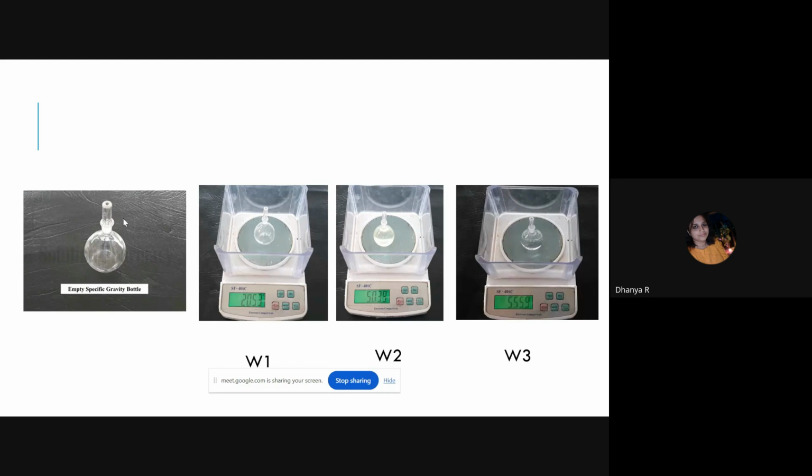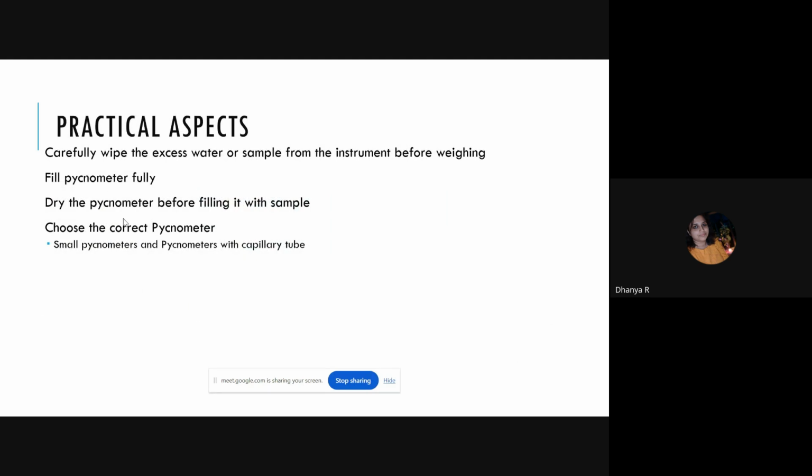and it is called W3, and the formula is W3 minus W1 by W2 minus W1. Practical aspects in this particular practical is that you should carefully wipe the excess water or sample from the instrument before weighing. The outer surface जो है उसको अच्छे से पोंछने के बाद ही weigh करना है, और पिक्नोमीटर को